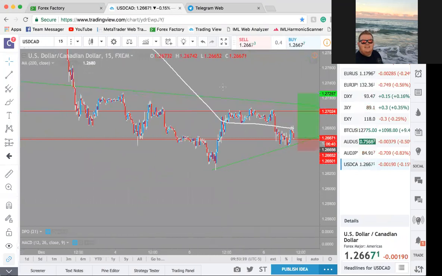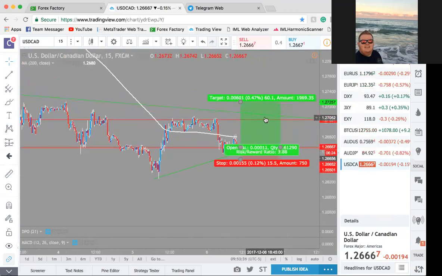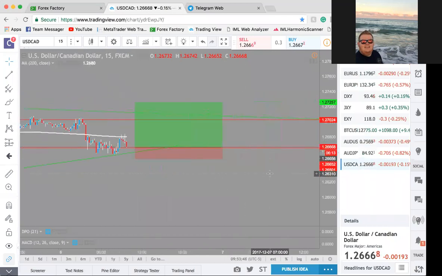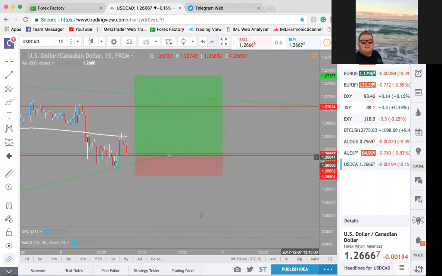Got you. What do they got? Oh, it's a fib, 61.8. So that would be pulling up to the 61.8. Got you. Interesting. I mean, that would go along with what I'm saying. And then we could catch a nice little 60 pip move up. I like 60 pips. That's over my daily goal. 15 pip stop loss. I like that. Let's see, where are we going to be putting the stop loss exactly? So that's at 26.50. We're going to go to